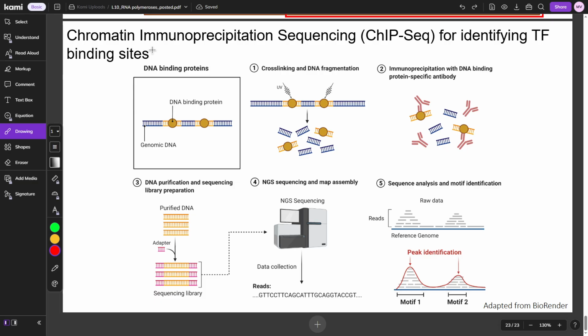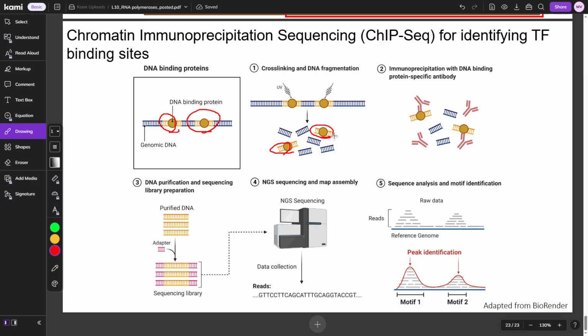What I can do is wait for the transcription factors to bind to the DNA, and then I can basically solidify the DNA and the protein. So the protein and the DNA will become covalently bonded and stuck together, if you will. And so when I do that, I can then fragment it and break it apart. So now when I break it apart, the DNA section that's bound to the protein is stuck to the protein, and everything else just kind of falls off, right?